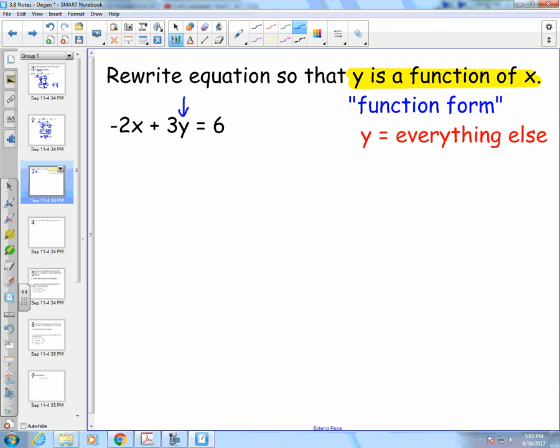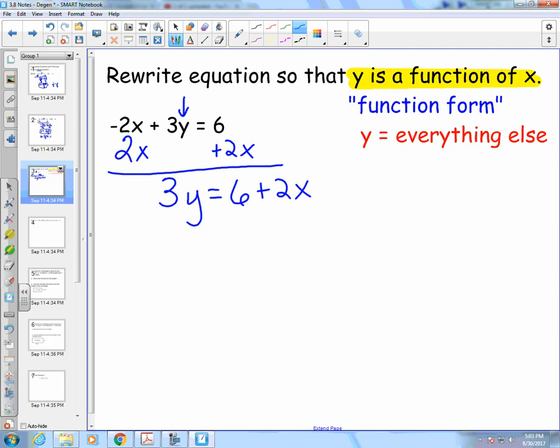If I knew what x and y were, I would multiply the negative 2 and the number for x together, the 3 and the number for y together, and add them. Well, that adding is what I want to undo first. So that means that I want to move that negative 2x to the other side. So I'm going to add 2x on both sides of the equation and make that 3y equals 6 plus 2x. And then I want to divide by 3 on both sides so that I have y equals,